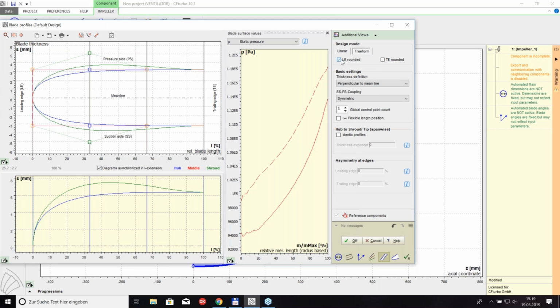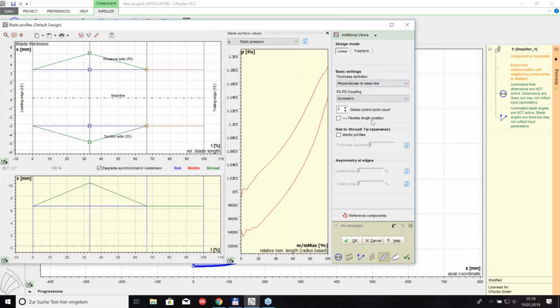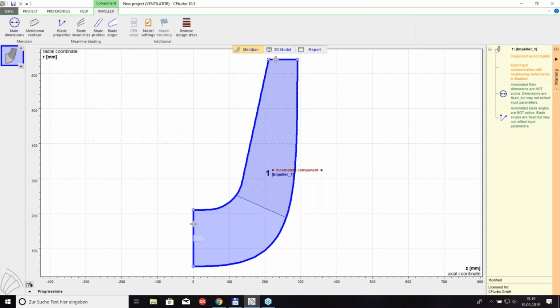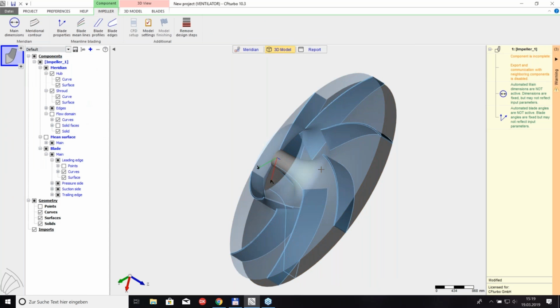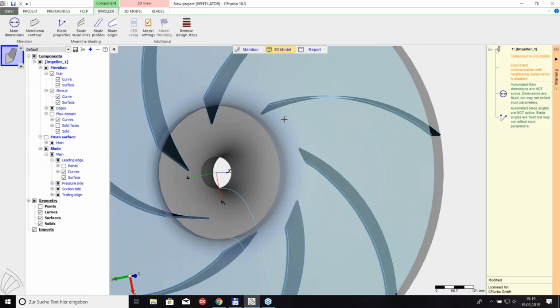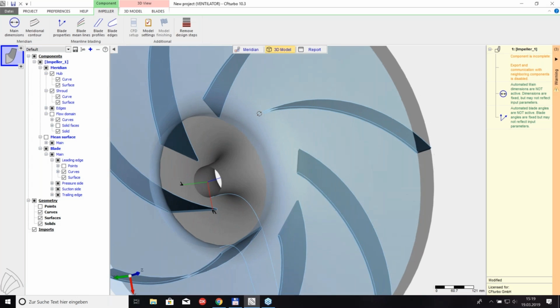But because I think of a producer that might use metal sheets, I leave it to the linear mode where the thickness is constant from leading to trailing edge. That's why I'm going back to linear and leave it like it is. If I press OK and go back to 3D model, then what I can see is that I have sharp